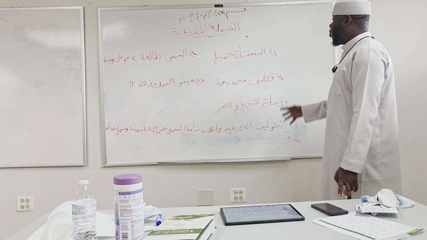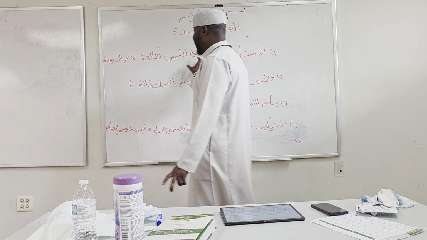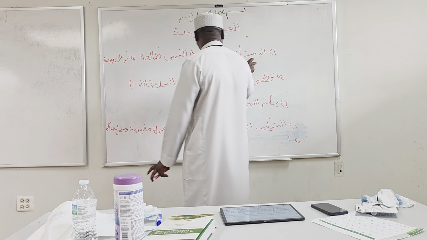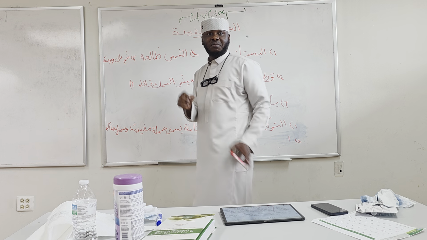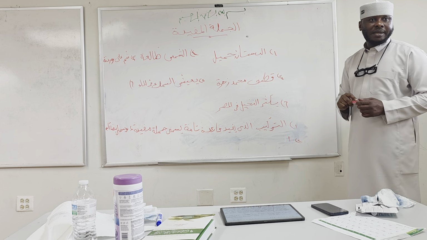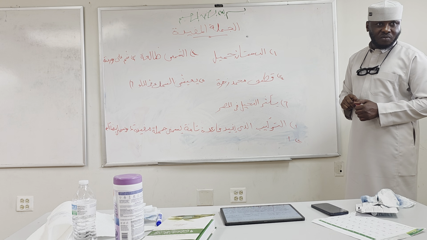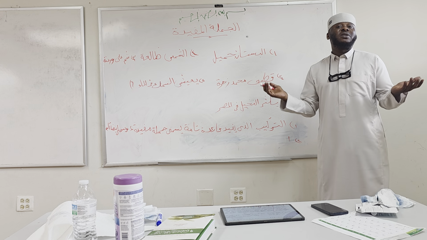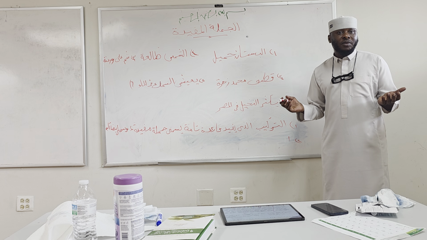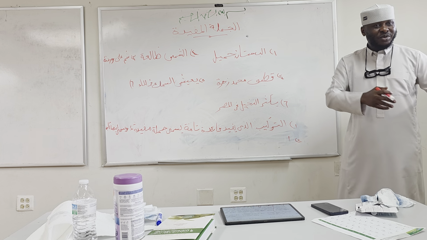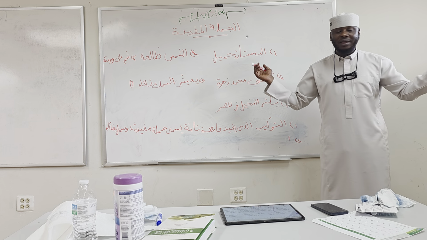So, meaning that all these statements, you realize that each statement is a combination of what? Two words. Now, when you take only the first one, Al-Bustan, does it make any sense? No. It's a name of something. It's a name of a garden. When you say garden, what does it mean? Nothing. When you say